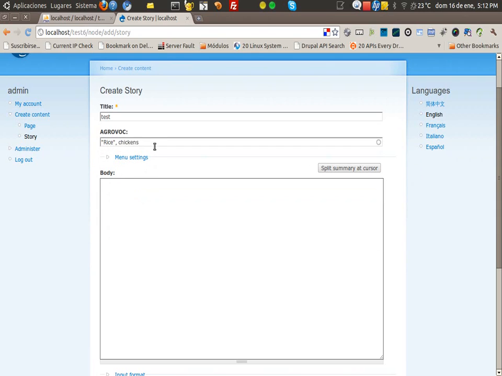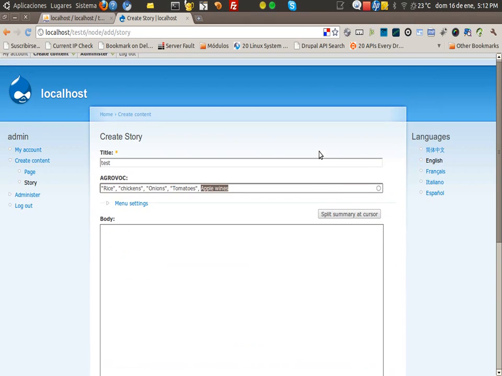Now, for example, rice, chicken. Okay, chicken. And what else? Chickens. For example, onions. For example, tomatoes. What else? I don't know, that is enough. Tomatoes, maybe apples. Okay, apples, no, apples is enough. Okay,